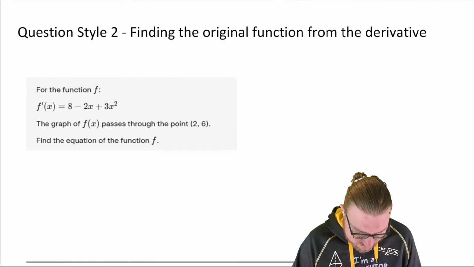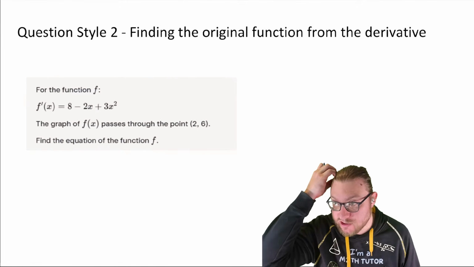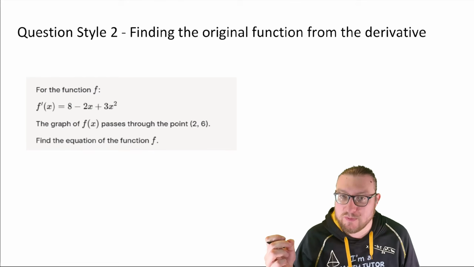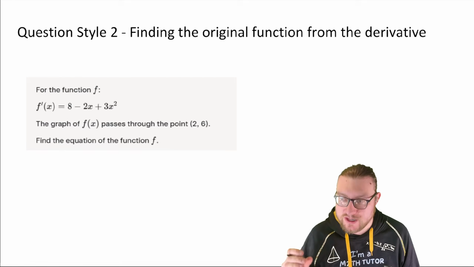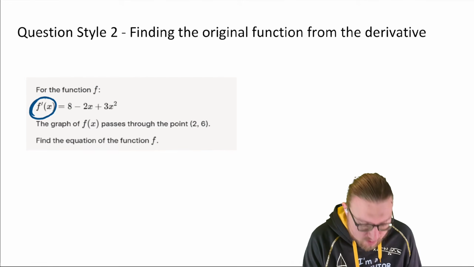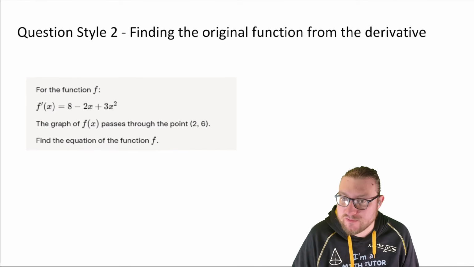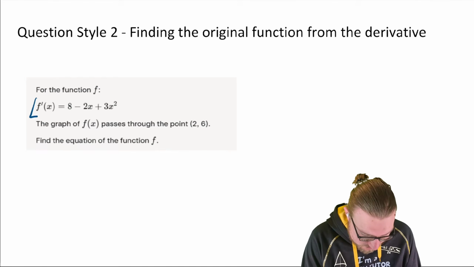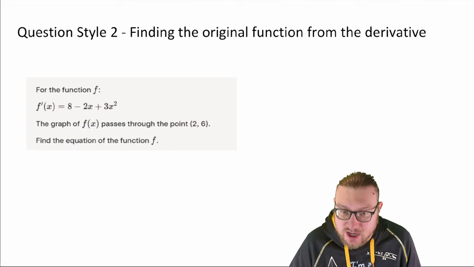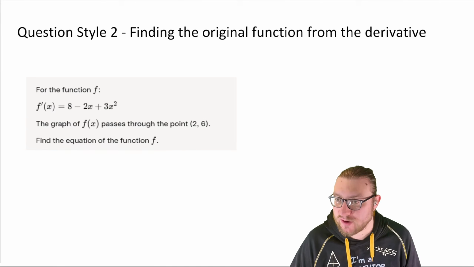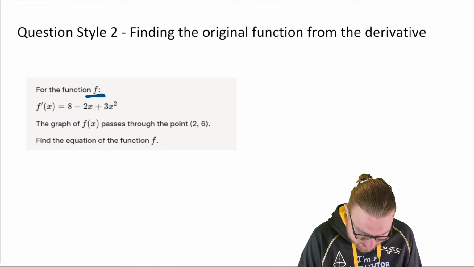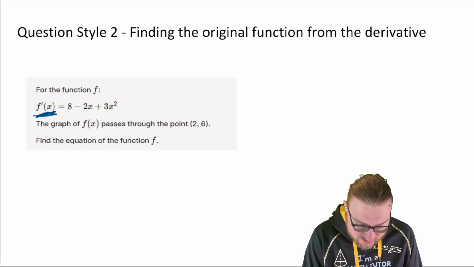Right, okay, the next style question that you guys need to know is how to find the original function for a derivative. So remember, we have the original function and the gradient function. The original function is the one that does not have a prime over here. So whenever you see a question where we have been given the derivative, at least in this year, you guys are basically going to have to find the original function. Here we can see we want to find the function f,